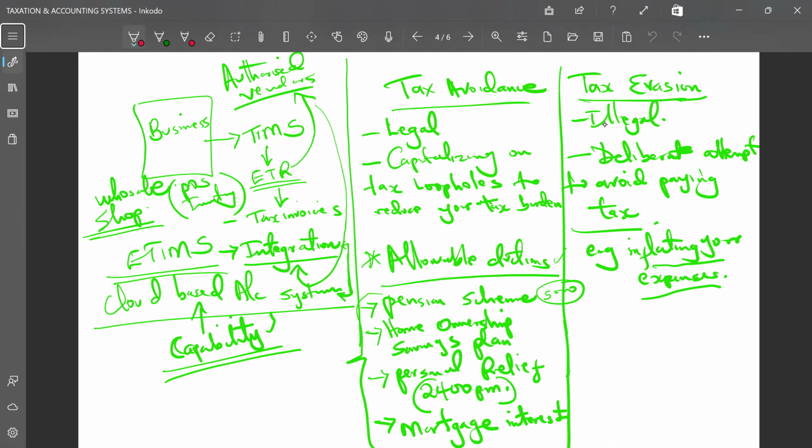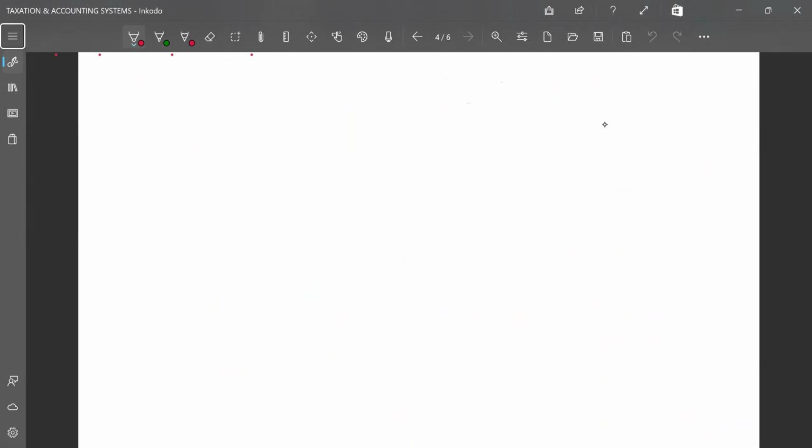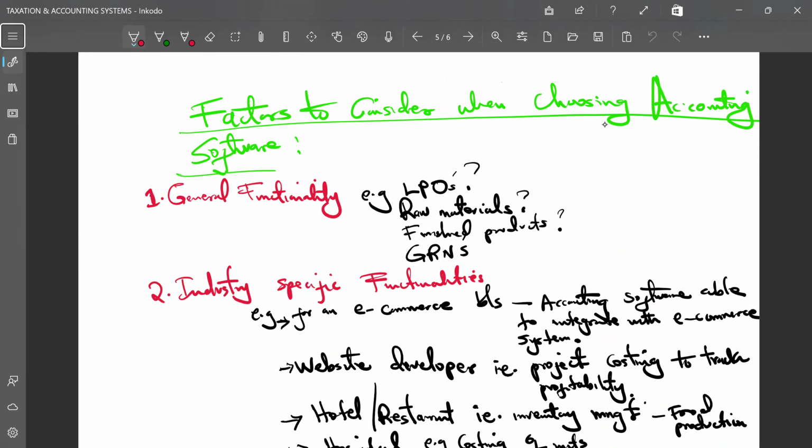Now, we've talked about taxes. We've talked about these accounting softwares and whatever you consider in all that. We've talked about tax avoidance, tax evasion. Now, we started this discussion about what you consider before you choose an appropriate accounting system. Now, as much as we are talking about before you choose, you might already have an accounting system in place, but I want you to run a test on it. I want you to look at this discussion as you try to test it. Test the system that you already have in place.